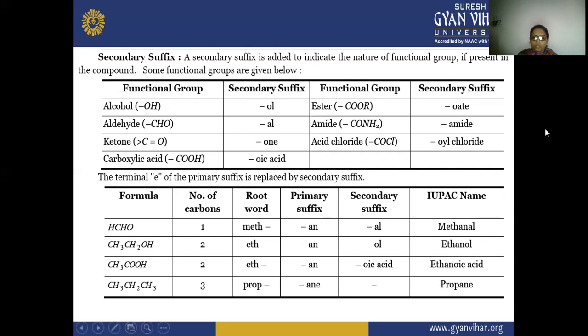So the root word is meth, the primary suffix is an, and the secondary suffix is al. So methanal. Next is